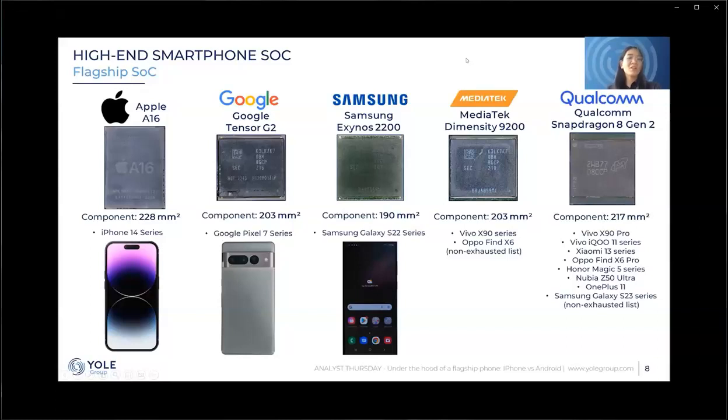We can see that on the top of the package, some of them have similar marks. For example, on the Google Tensor G2, Samsung Exynos, and MediaTek Dimensity 92, they all have marks starting with K3, LK7, K7. Even on the Apple A16, if we look carefully, in the second line it begins with K3, LK2, K2.